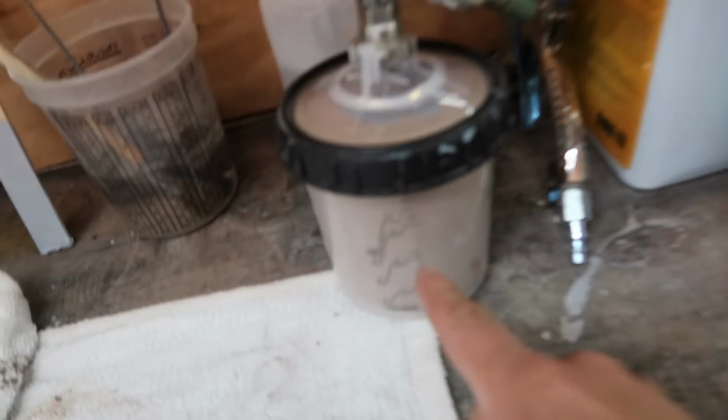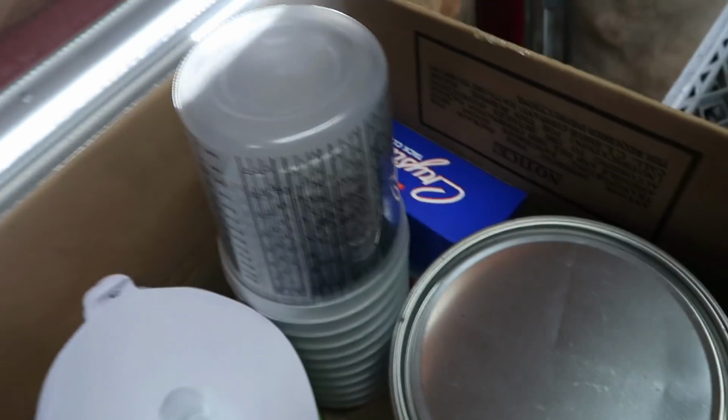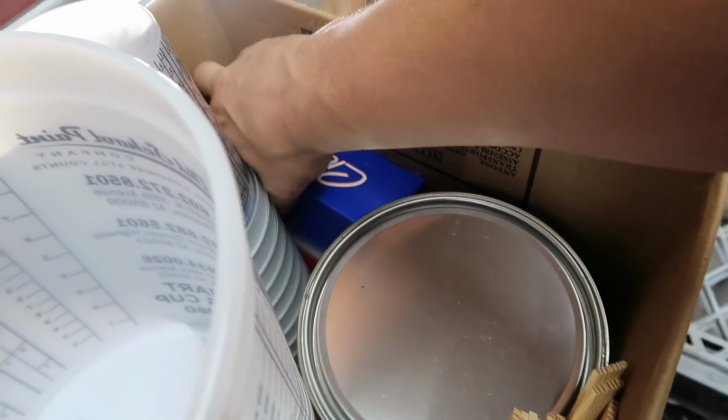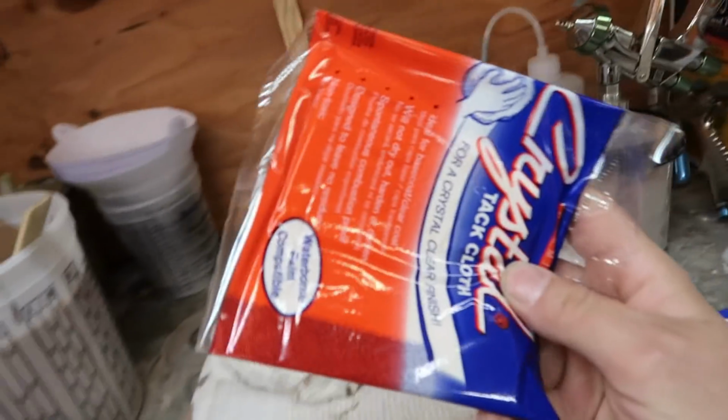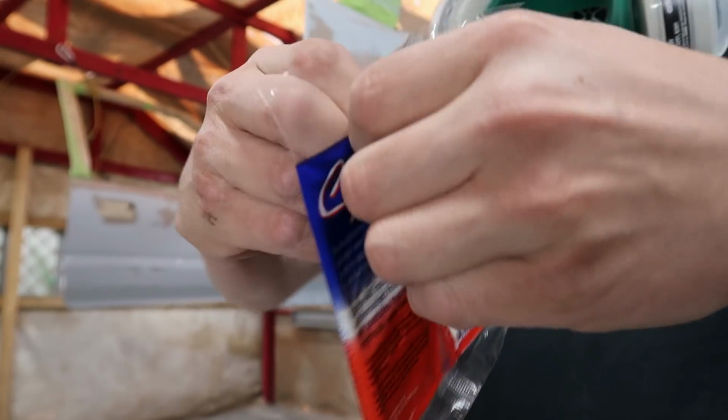All right, got the paint mixed up and it's in my gun. Dude, I am excited I get to use the Supernova right now. But before we start spraying, this is all the stuff that we got from Old School the other day. I did get a box of tack rags. If you don't know what these are, this is basically a rag that's really sticky. So you open this thing up,